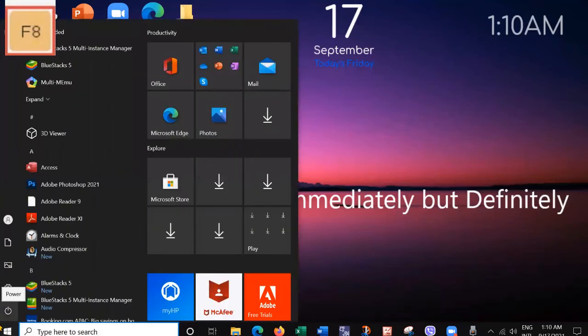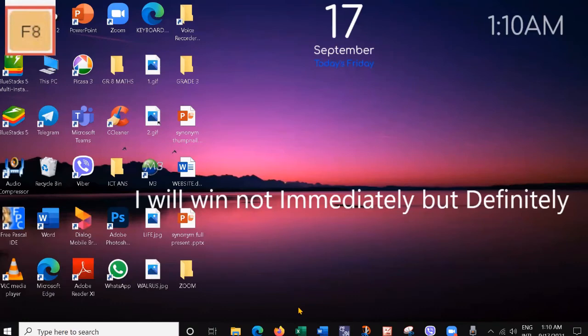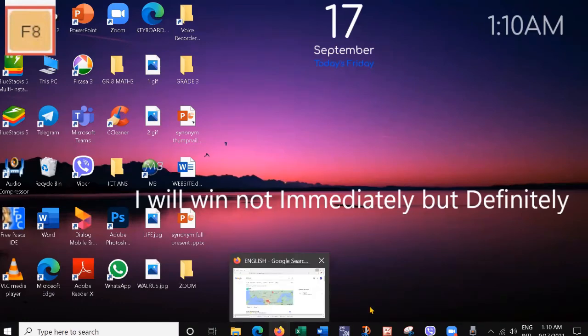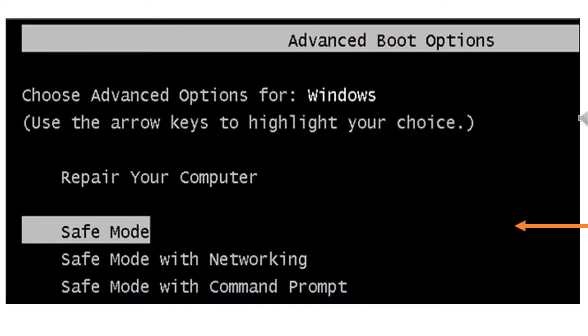We are going to see the next key, F8. When using the computer, if it gets stuck, we shut down the computer. And when we turn it on again and click F8, the menu for modes will open, and by clicking Safe Mode on the window, we can make the computer run and process safely. During the use of Safe Mode, most applications can be finished without errors.